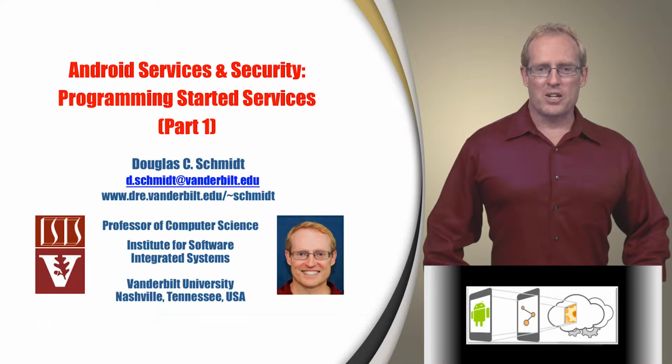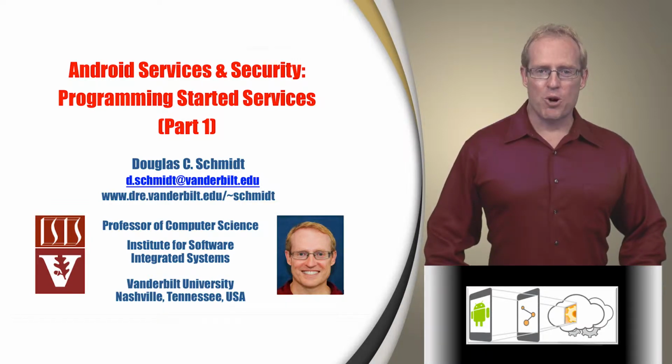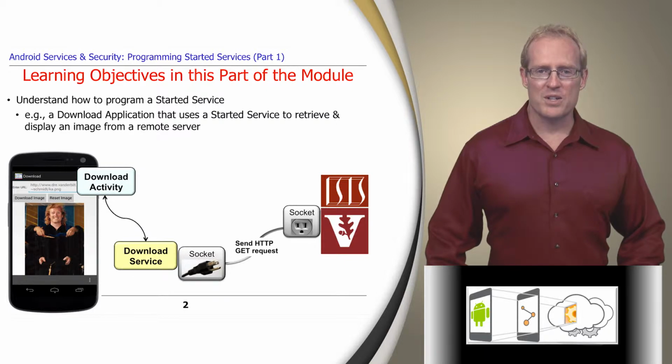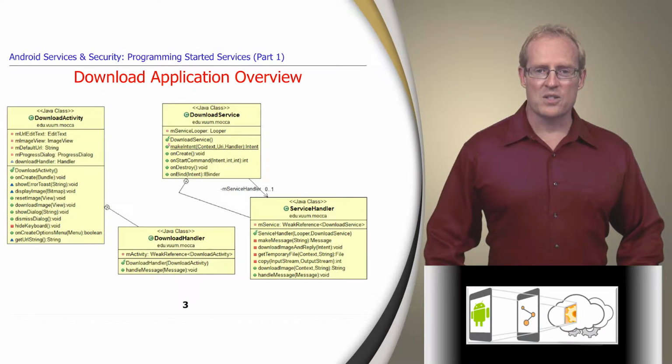Welcome to the next part of the module on Android services and security, which begins our analysis of how to program a started service. In this part, we'll analyze key elements of the design of a download application and show by example how a started service can concurrently retrieve and display an image from a remote server. Before delving into the details of the solution, however, we'll first outline the overall structure and functionality of the download